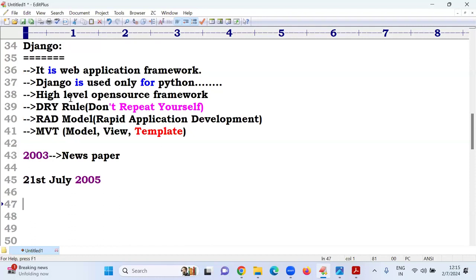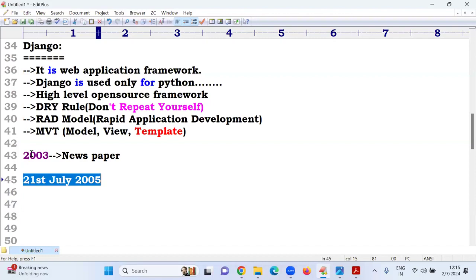Because that is my date of birth. I mean the date of birth is not 2005, sorry, 21st July, that is what I'm telling. Is it correct? No, no. I am generally saying 21st July 2000, but actually 21st July 2005 it was released officially.